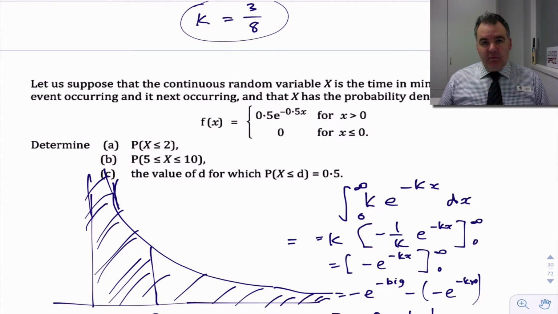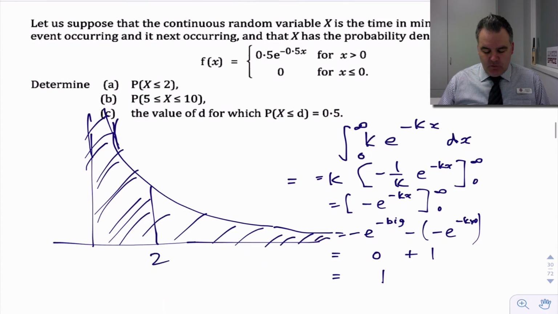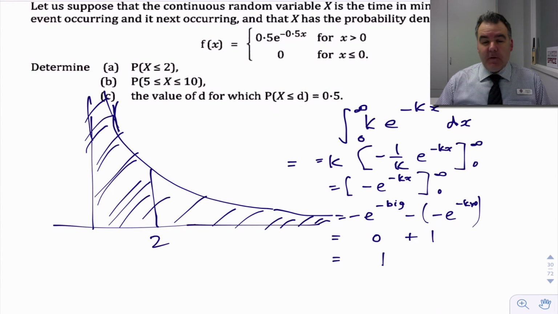Part B is really similar. We just go the integral from 10 to 5, but I want to do part C. The value of d for which probability x is less than or equal to d is 0.5. This is actually the definition of the median of a continuous random variable. The value on the axis there, so that half of the area is one side and half is on the